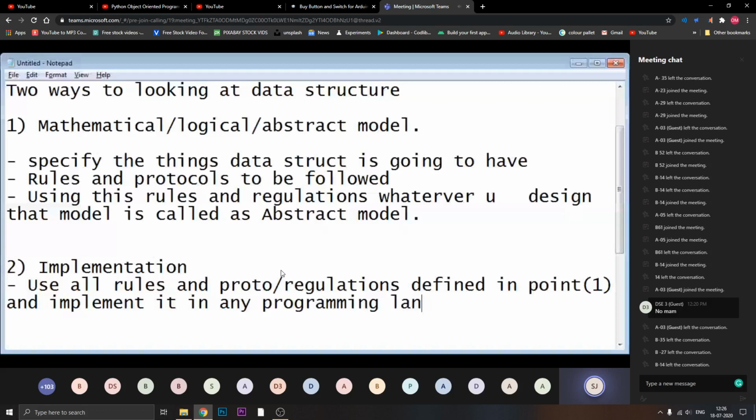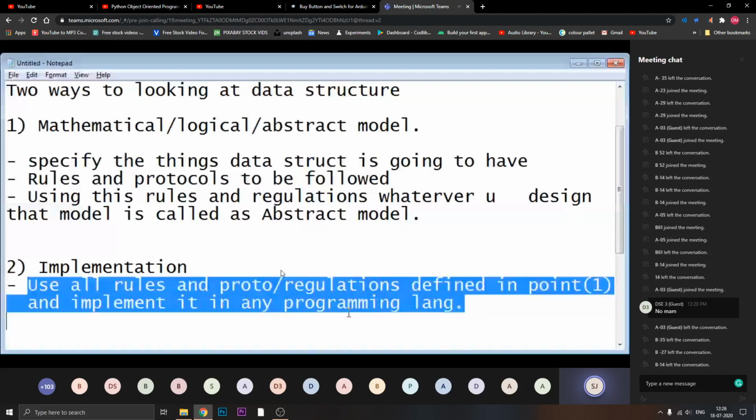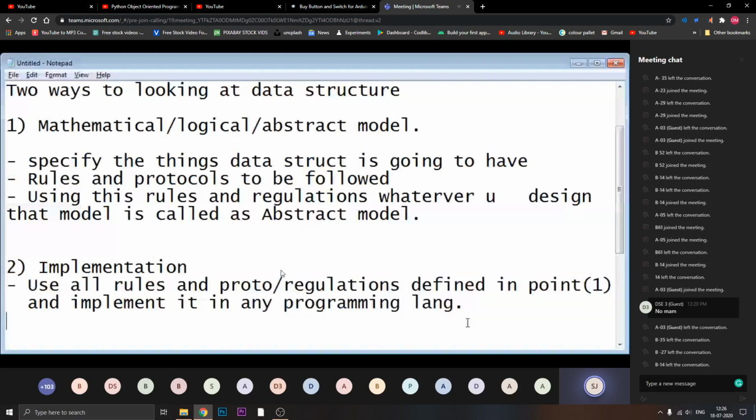So whatever has been given in point number 1, that is the abstract model, you take that as input and implement your program in any programming language. All the rules, protocols and definitions you take from point number 1 and implement in a programming language. In short, abstract data types are data types where only data and operations are there but no implementation.